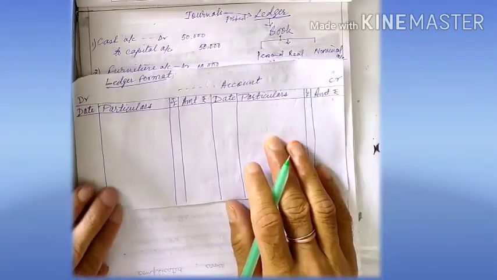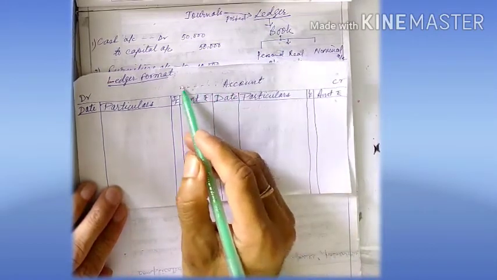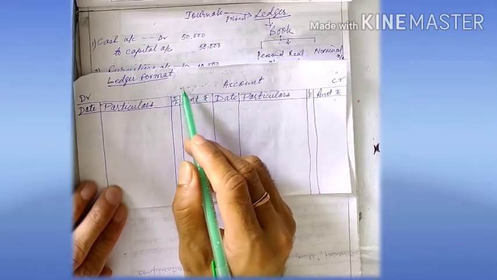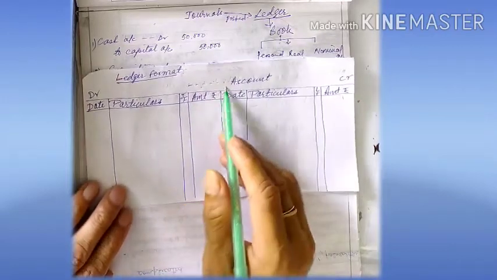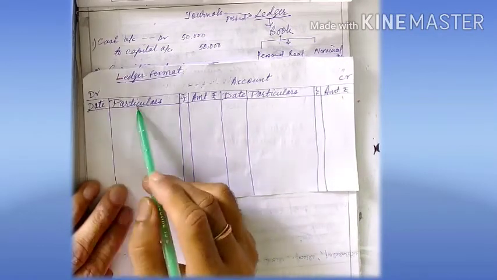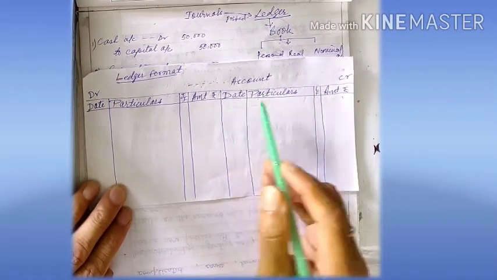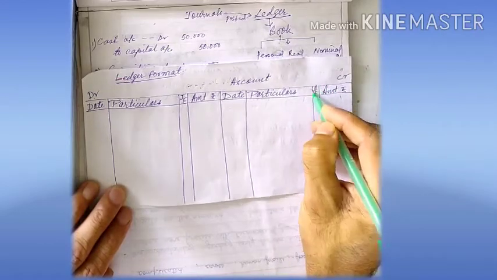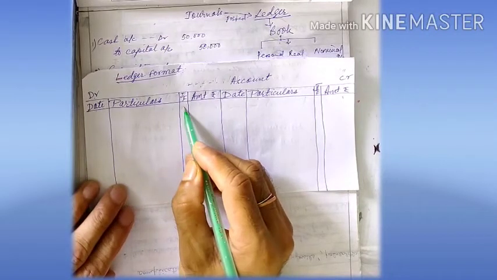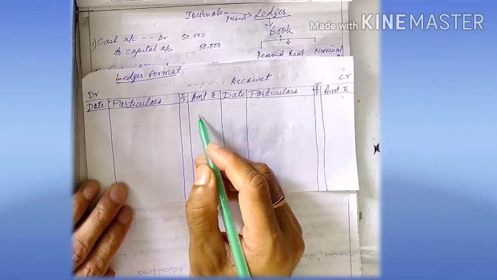And this is the format of a ledger account. Here you will give the name of account. It may be like cash account, furniture account, real personal account like Ram account, Shyam account. It's divided into two sides, debit and credit. On each side, you have date column, particulars column, journal folio, amount, and this is for the credit. So again, you have date column, particulars, journal folio, and then the amount. Now, what is this journal folio? This is the page number in the journal from where you are posting the transaction to the ledger, right?